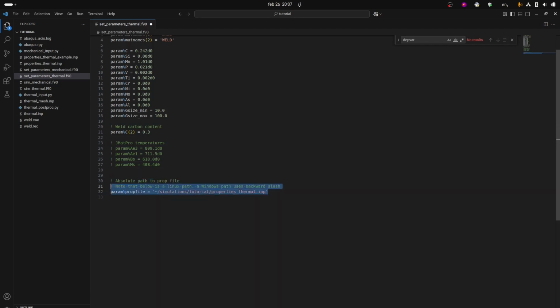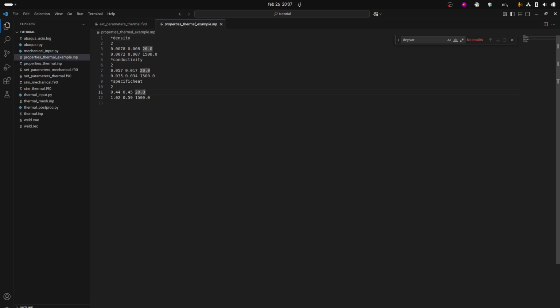But what does that property file look like? I have an example here, a very simple example. We basically need to specify 3 properties in this file: the density, the conductivity, and the specific heat. You can specify each of the properties by starting with a star and then the keywords density or conductivity or specific heat. The second row says basically how many entries we have,